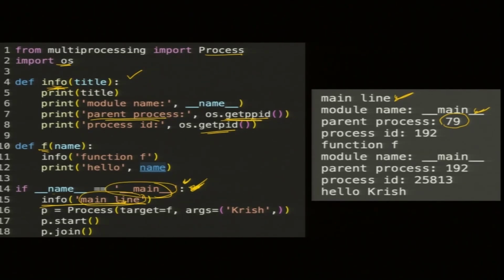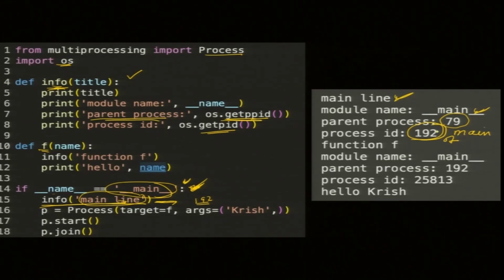And when I call this function, now this is slightly tricky, the process ID is 192. This is the parent process and this is the process ID of the main. So, right now our process ID is 192.